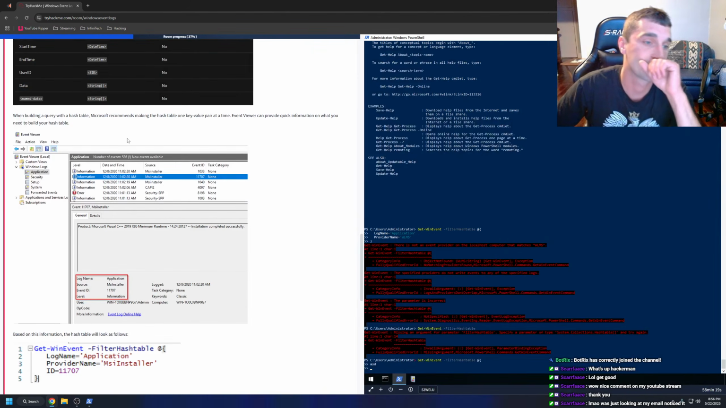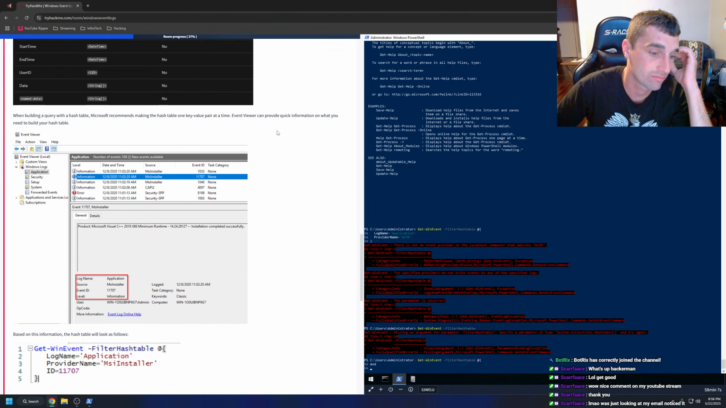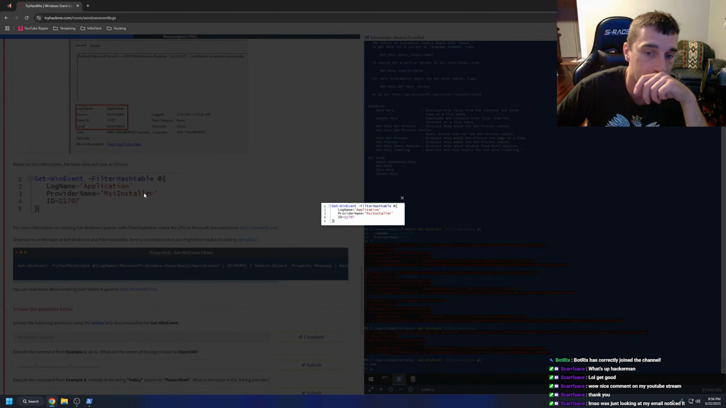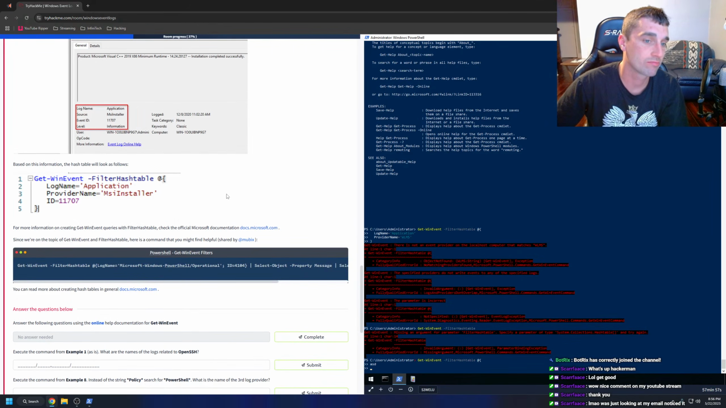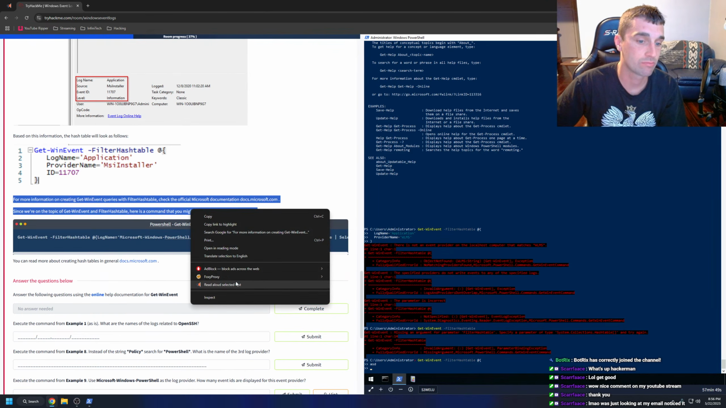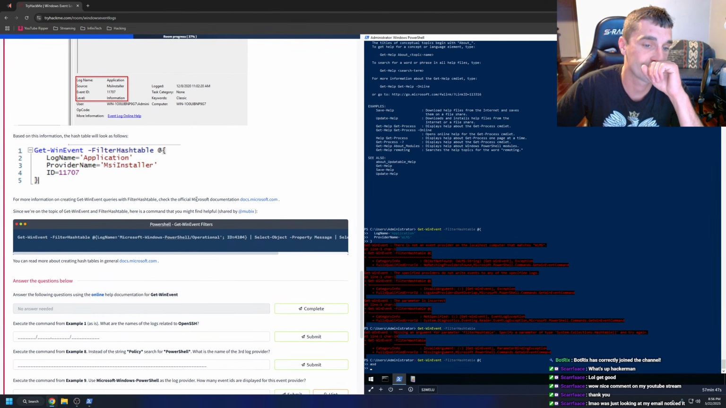When building a query with a hash table, Microsoft recommends making the hash table one key value pair at a time. Event Viewer can provide quick information on what you need to build your hash table. For more information on creating Get-WinEvent queries with FilterHashtable,